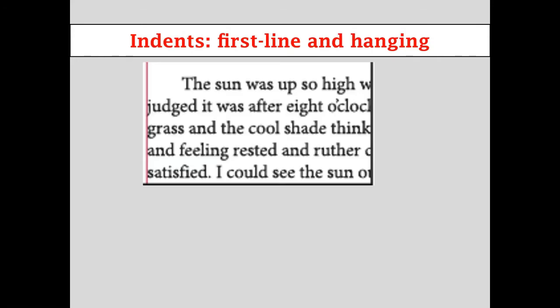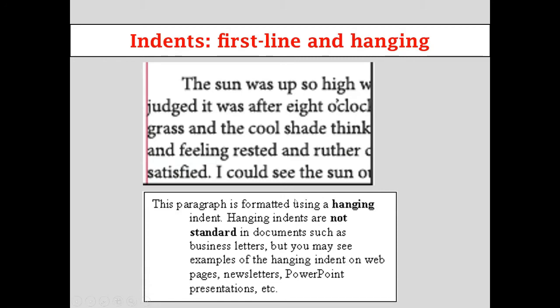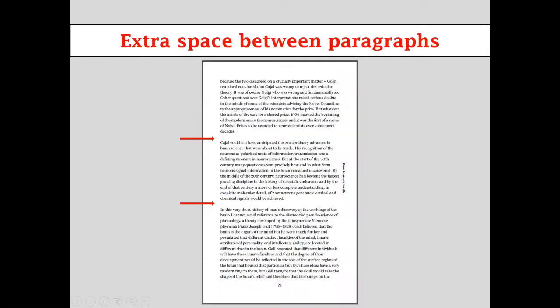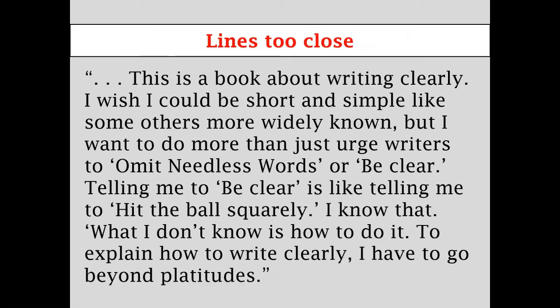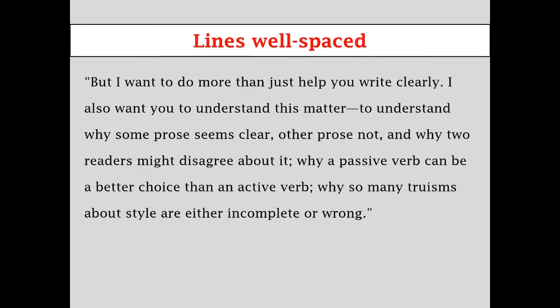Indents, how do you signal new paragraphs? Either you can signal it by a first line indent, that's conventional, or sometimes what is called a hanging or negative indent, that's another device. Or you might put extra space between paragraphs. So here you see it's ragged right, but extra space between paragraphs, no first line indent. Line spacing is also critical, because if the lines are too close, the overall page color looks very dense. So we need to choose a judicious line spacing.